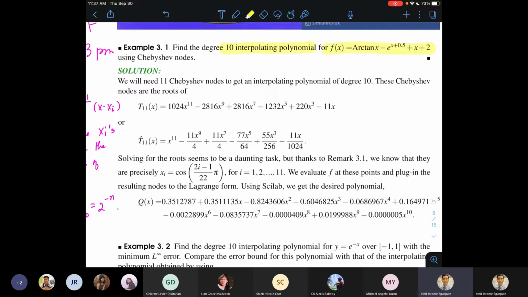Well, sometimes this is what happens in applications. The function f is complicated. So instead of, for example, integrating f or differentiating f, or performing some calculations on the function f, we might want to replace it with a polynomial that behaves in a similar fashion as f. So we want to make it simpler. In this particular case, we want to replace f by a polynomial of degree 10 that mimics its behavior. Now, this is rather difficult to do by hand since the degree of the polynomial, 10, is large.